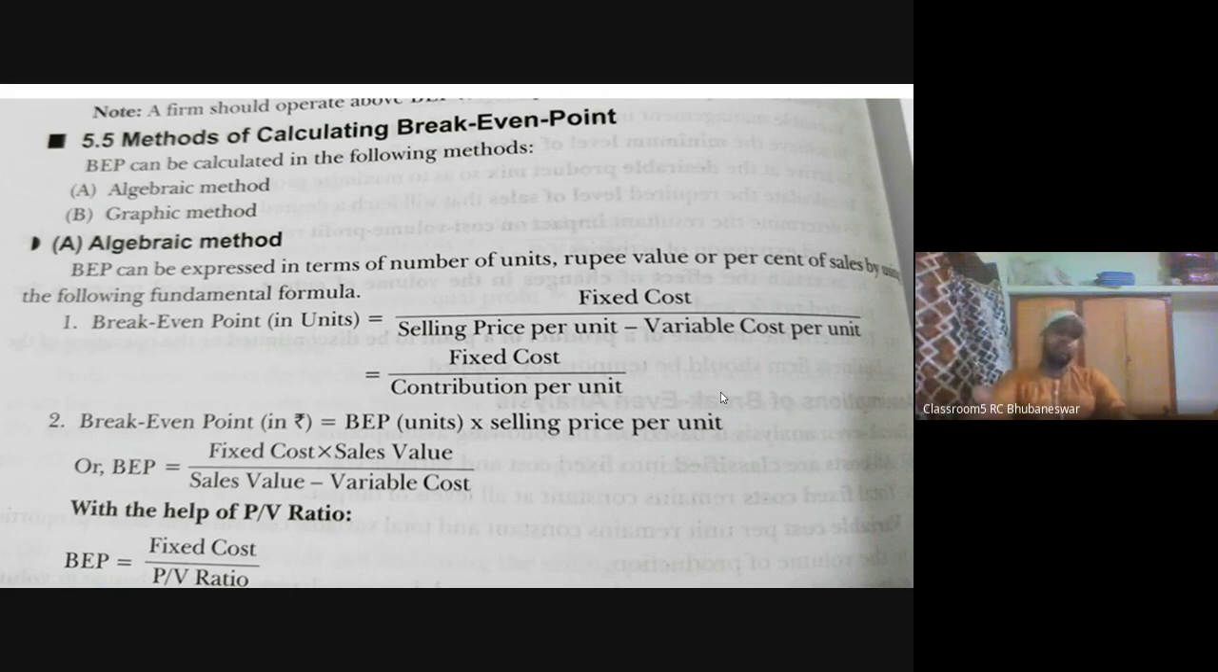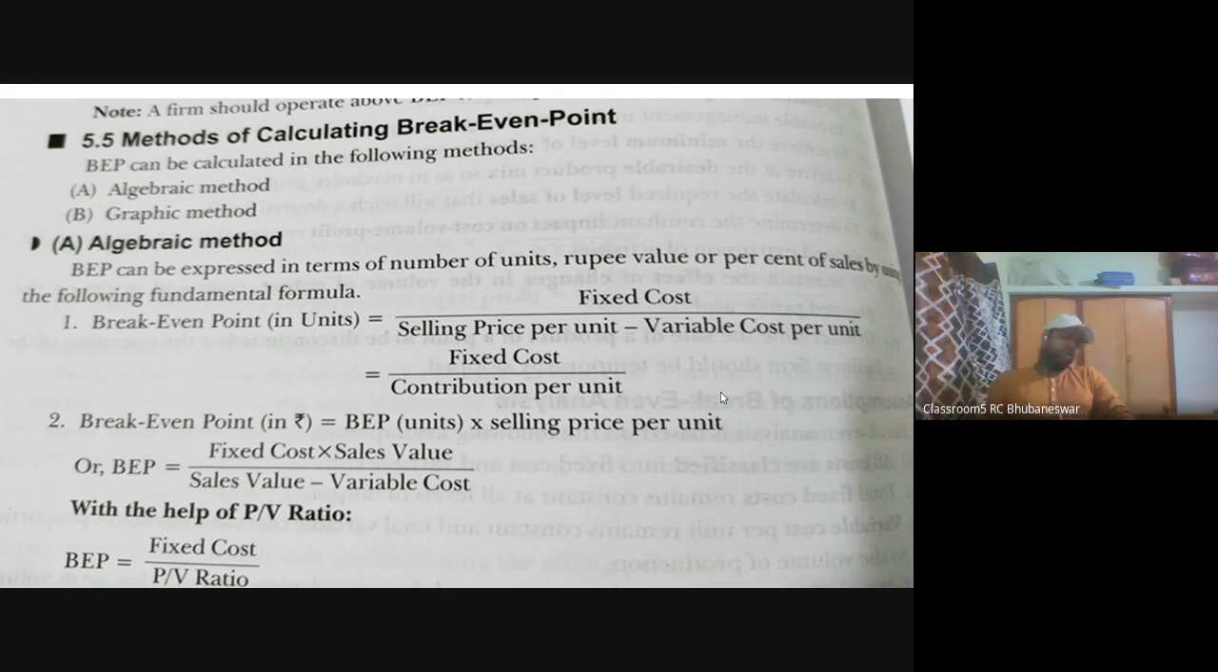So see, fixed cost divided by sales value minus variable cost. So it is fixed cost divided by contribution multiplied by sales value. Okay, so sales value means the sales value per unit, you can find it out. So after multiplying that, you will get the break even point in rupee term. Okay, next,